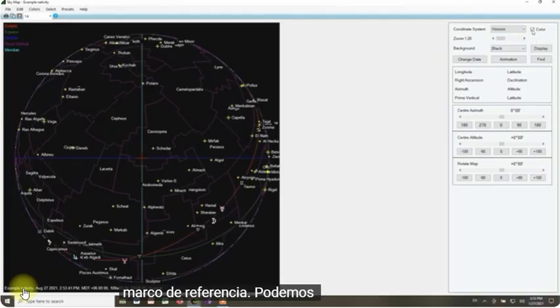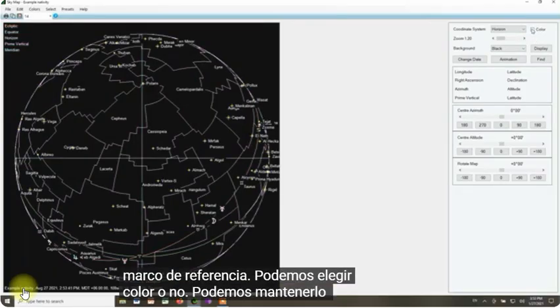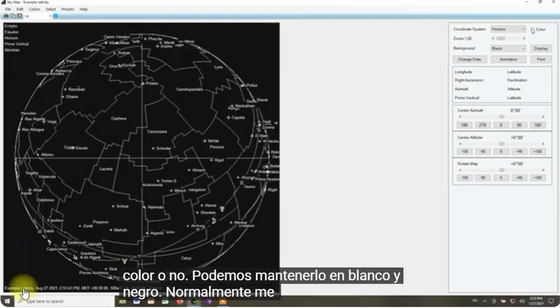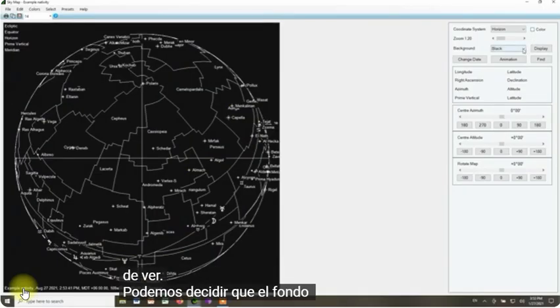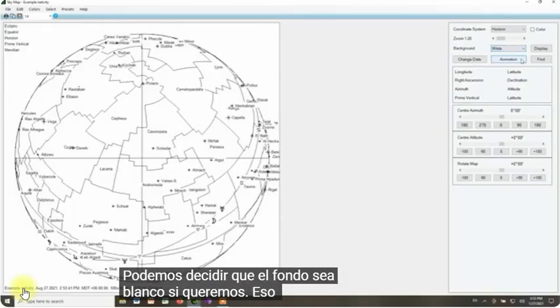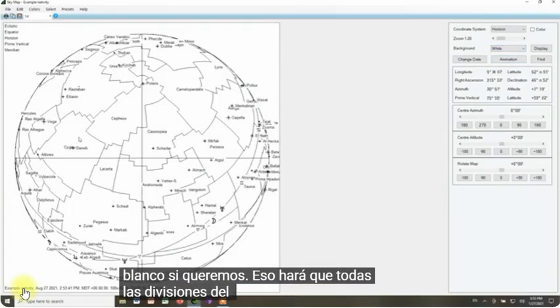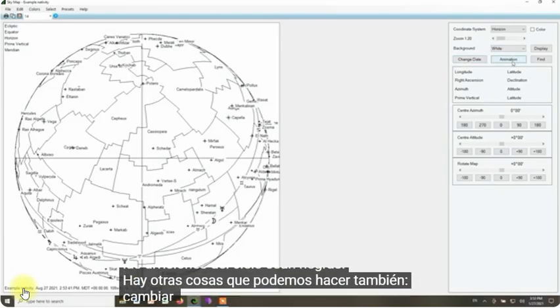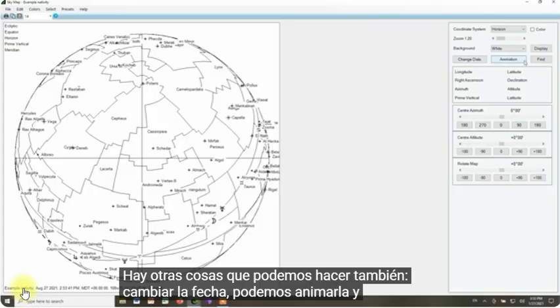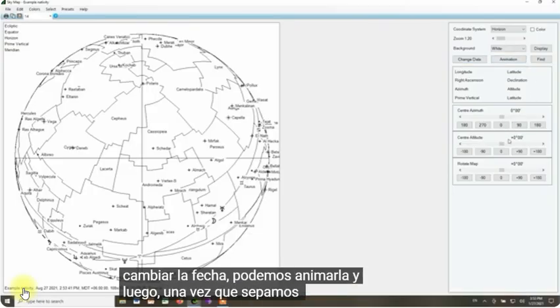reference frame. We can choose color or not. We can keep it black and white. Again, I usually find that easier to look at. We can decide to make the background white if we want. That will make all of the divisions of the heavens black. There's other things we can do too. Change the date, we can animate it, and then once we know what kind of